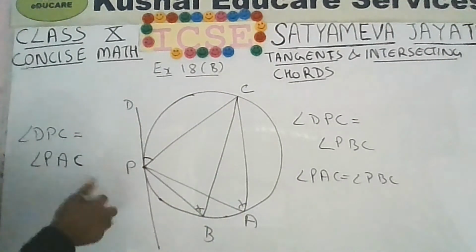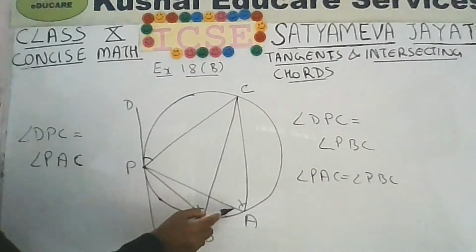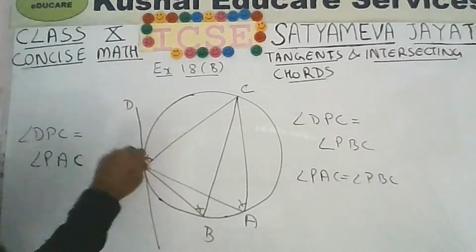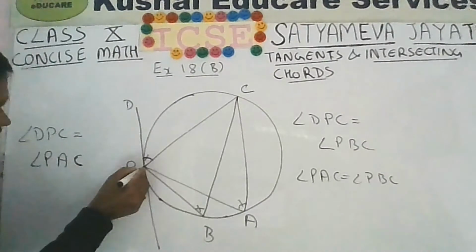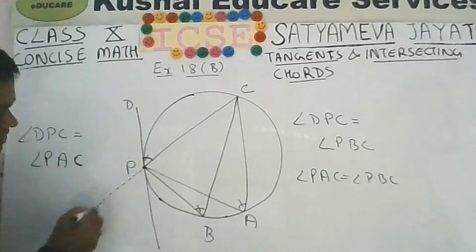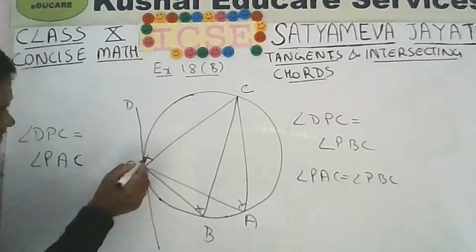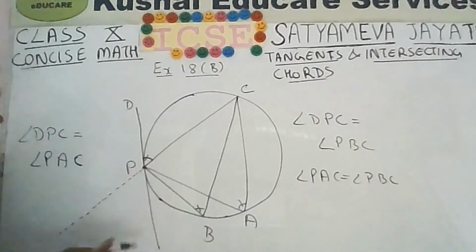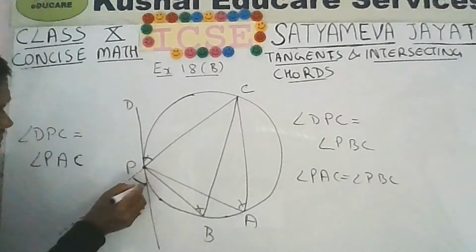So other way if you want to say, then you can say that the angle between the tangent and the chord, it will be equal to the angle in the alternate segment. So if in the alternate segment two angles are subtended, then all three will be equal. Okay. If you extend this chord like this, then what will happen? You can see one line like this, another line like this. This angle will be equal to its vertically opposite angle. Vertically opposite angle will be this.